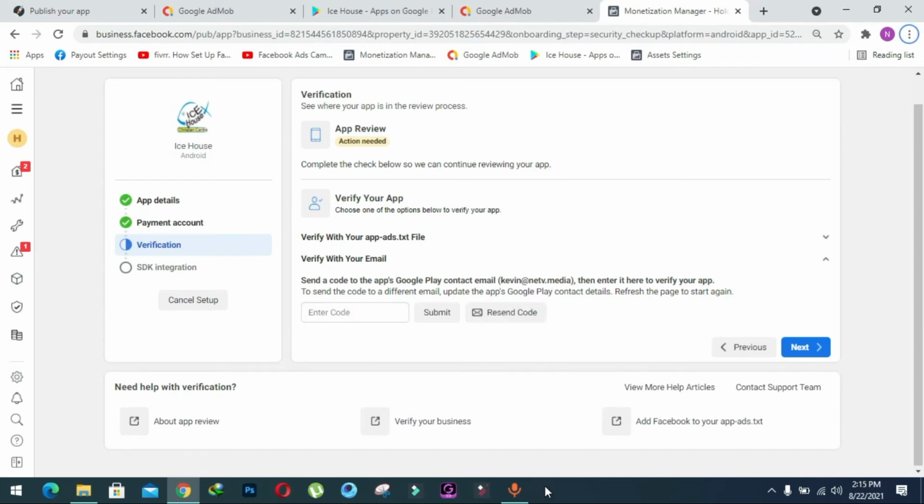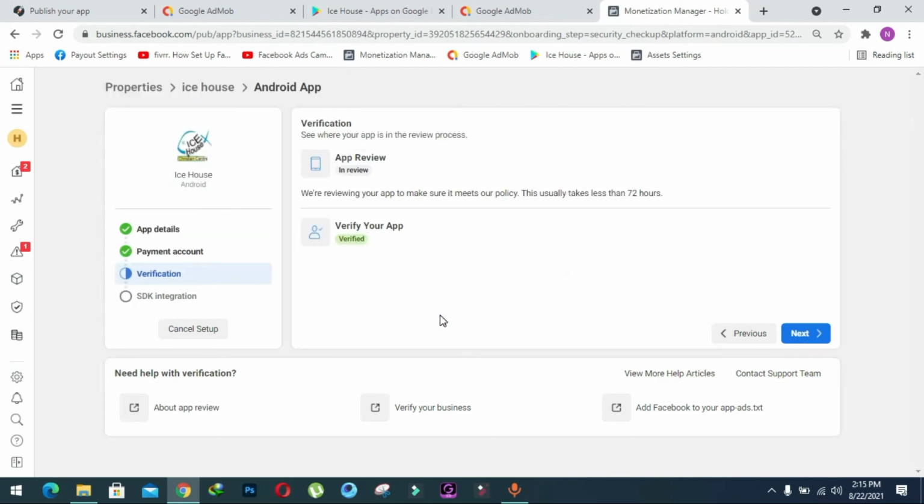So I have received a code on my developer account and I'm entering the code, and then I will click on submit. Right here you can see my application is now verified. Now I will move to the next step because we need a placement ID for banner. Right, I will click on next,